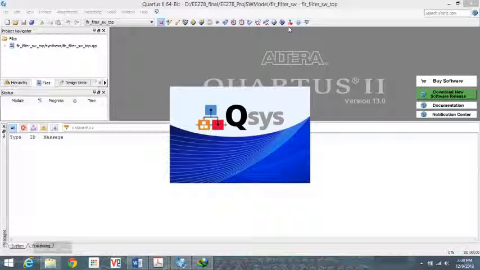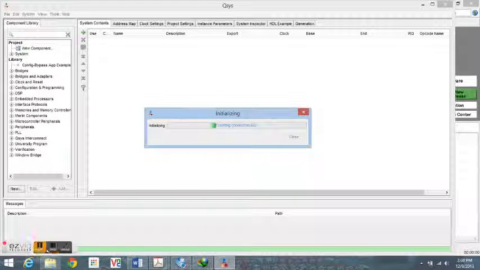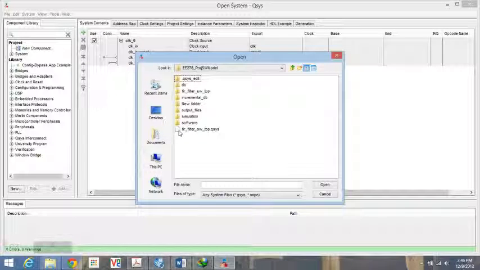Once this system builder opens, we can add all the components that we require to create this software project. As you can see, the system is loading. Once the system gets loaded, we can add the existing QSys that I've created, or you can create a new one. I will just add this FIR filter software top QSys,